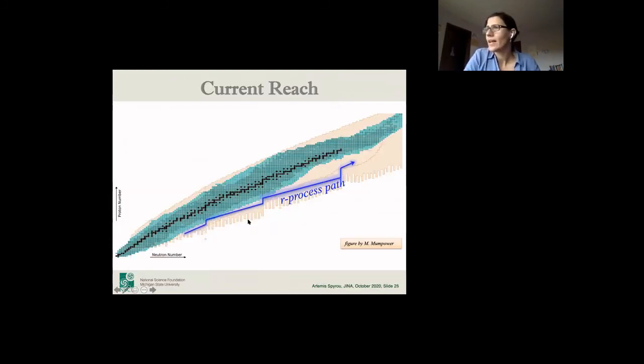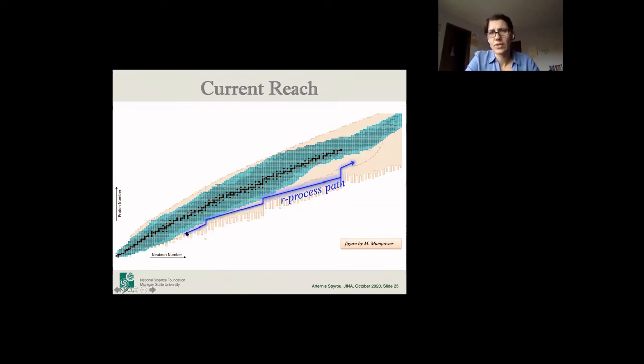Okay, so in the last few minutes or so, I want to talk about the future. And the future is a new facility that we're building. It's almost complete. It's FRIB, the Facility for Rare Isotope Beams. So right now, if I look specifically at the r-process, this is roughly where the r-process will go. And the blue color here shows you which nuclei are accessible today with the current facilities. And you can see that the majority of our r-process nuclei, we don't even reach.